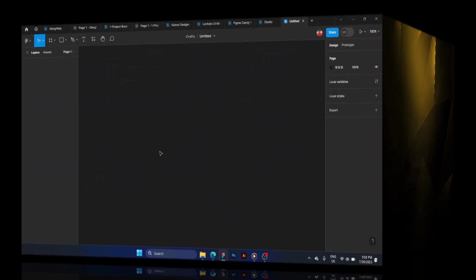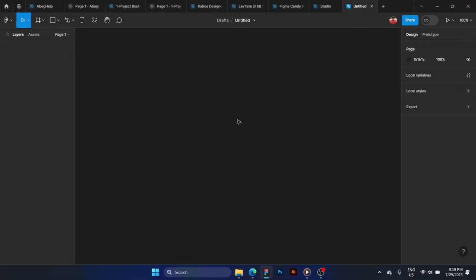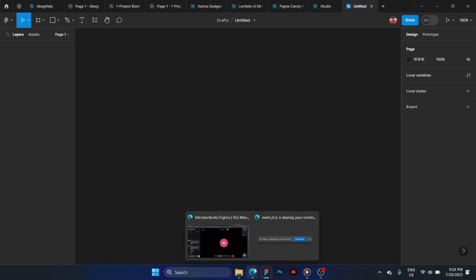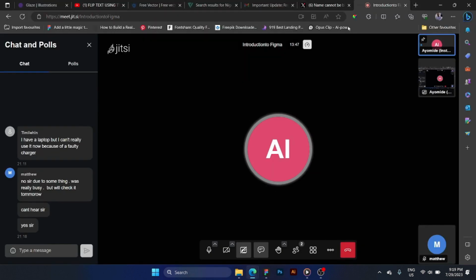Today's class we're going to be looking at an introduction to Figma. So the first thing you need to do if you have your system is that you need to go to